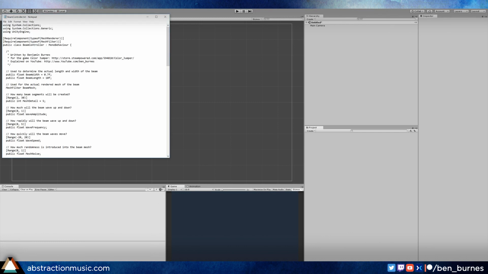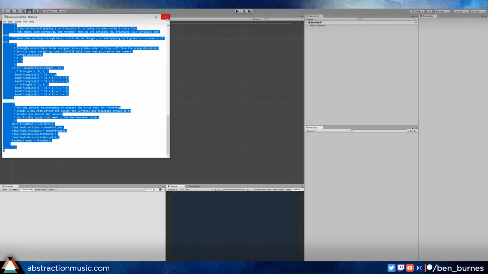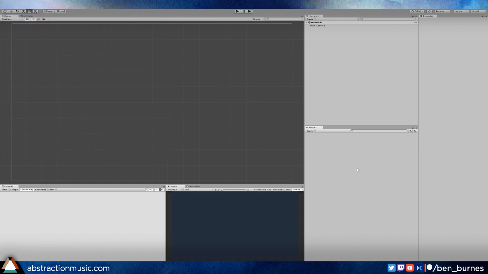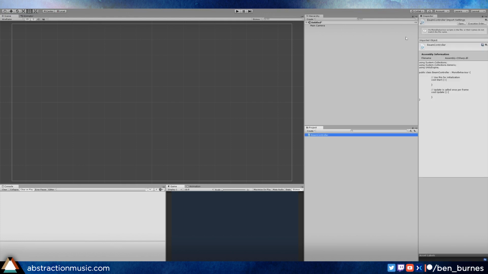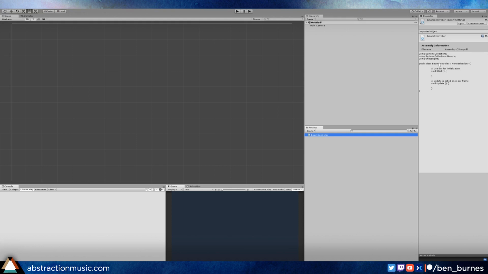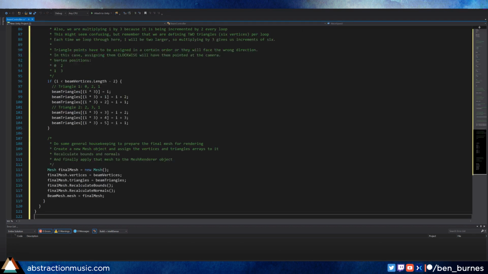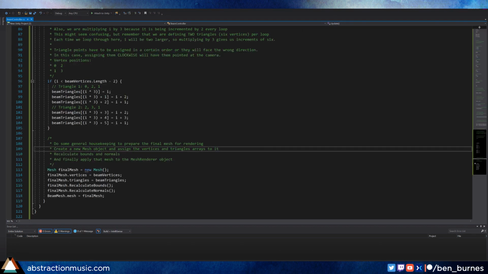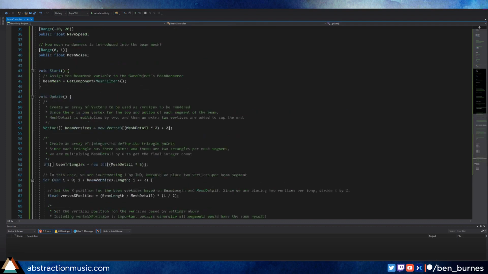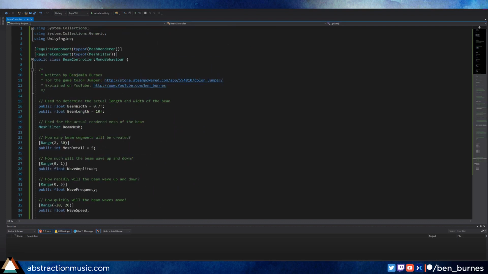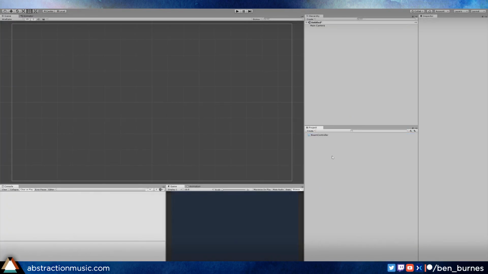out if you want. So I have the code right here. I'm just going to do a select all and copy, and I'm going to create a new C# script called Beam Controller. And this does have to be named Beam Controller unless you want to change the public class name as well. So I'm going to open this up and just copy everything and replace it with what was in that text file or that Pastebin. And then we hit save, and we will go into more detail on this in a moment, but I'll show you the final product